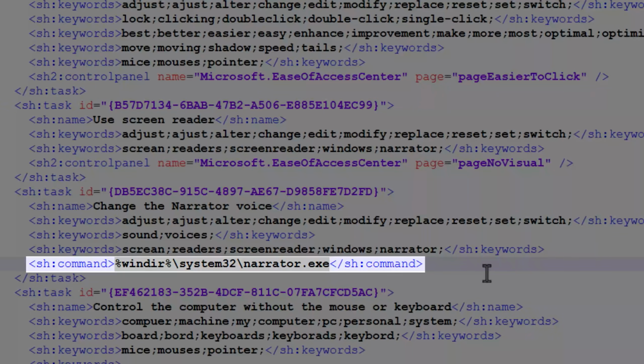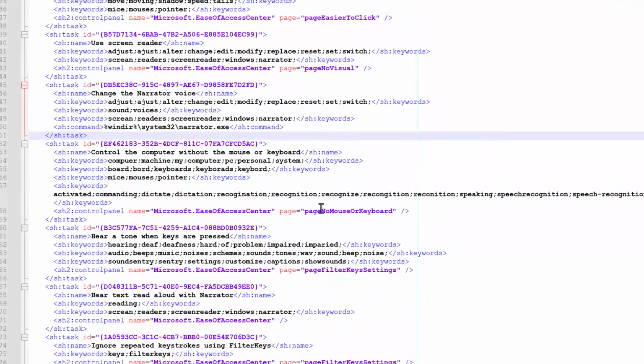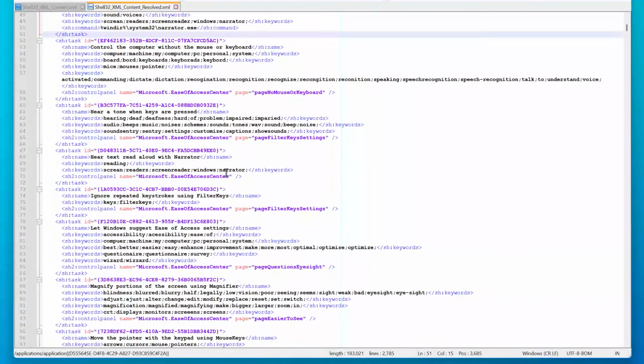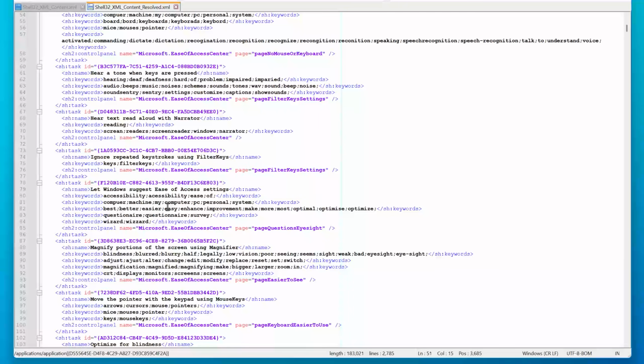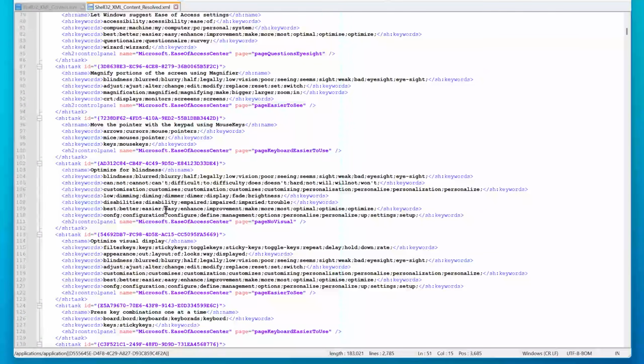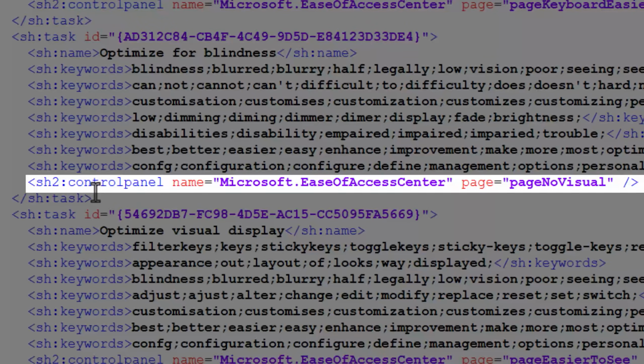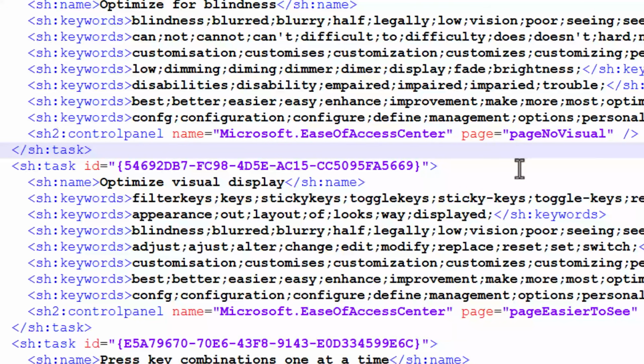And the commands for these can vary wildly. They basically are just a bunch of various launch options for built-in tools spread throughout Windows. It's not like it's some centralized thing. Others, you'll notice, don't have a command listed, but instead give a reference to the control panel and also have a page. And that just means that you launch it with control.exe in Windows and then use the page as an argument. So the script handles all that.